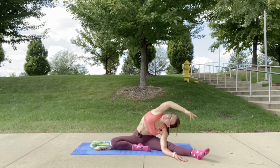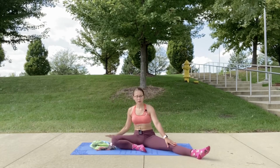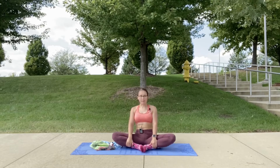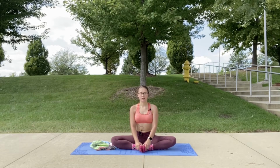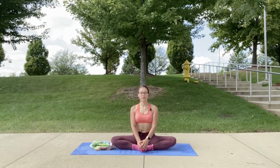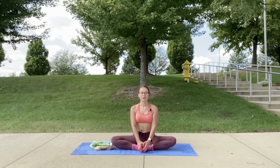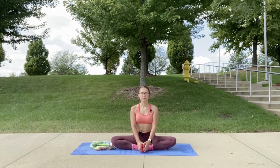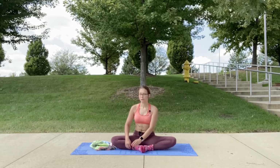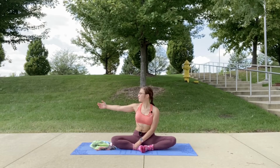And then release, bring your right hand back over and down. Come back into bound angle. We're going to repeat on the opposite side. So just a few breaths here in this neutral pose to reset ourselves. You're going to open up this time to your right side. So you're going to take your left hand, place it on your right leg, open up your arm to your right side,